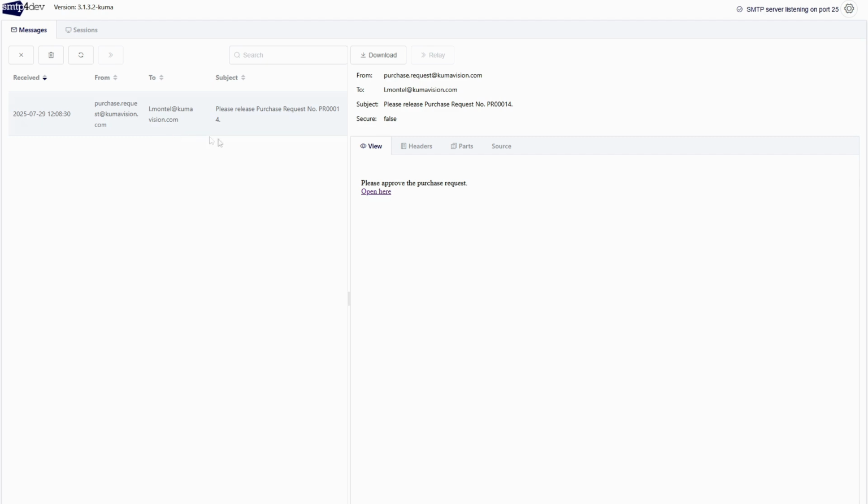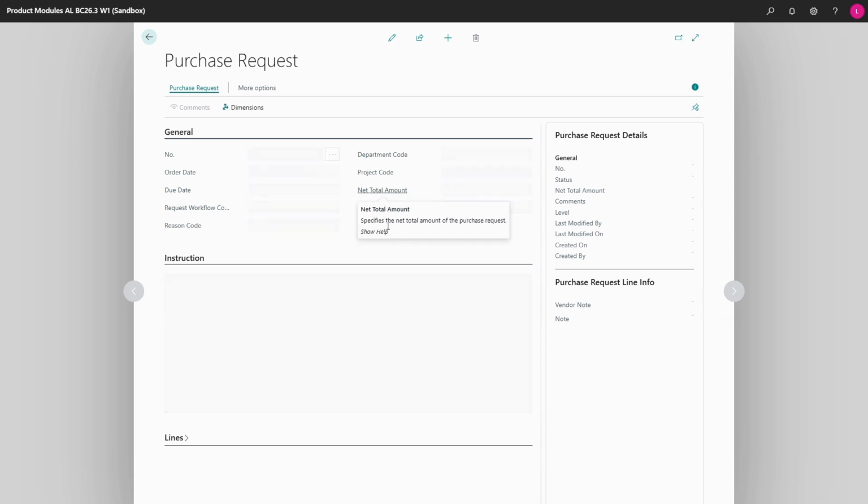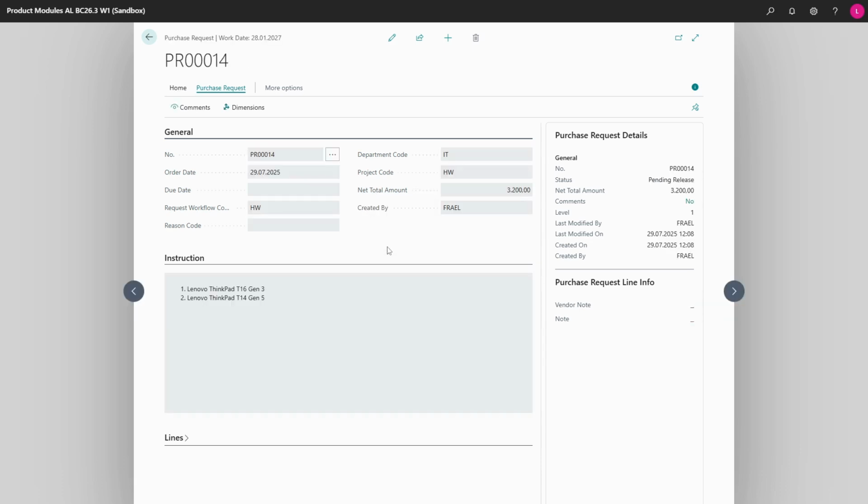If necessary, it may be required to log into Business Central again with your credentials. The purchase request is now shown to us immediately and can be checked for accuracy. In the Created By field, we can see who submitted the request, and in the lines, we can see exactly what is being requested. We assume in our example that we do not agree with the selection of the notebook,